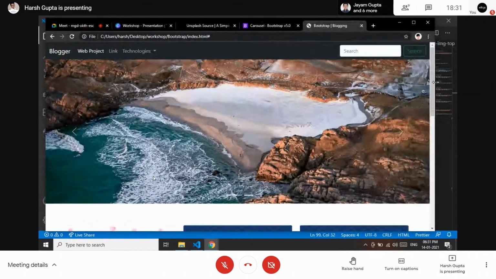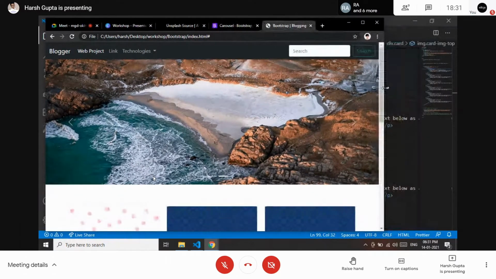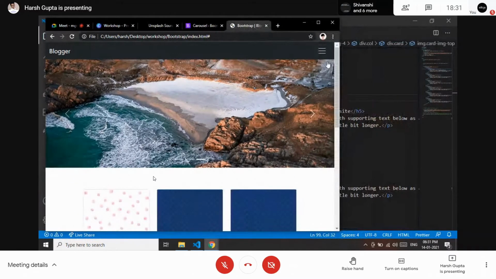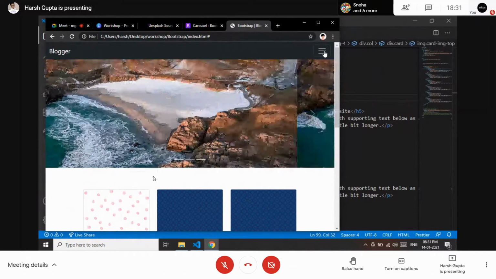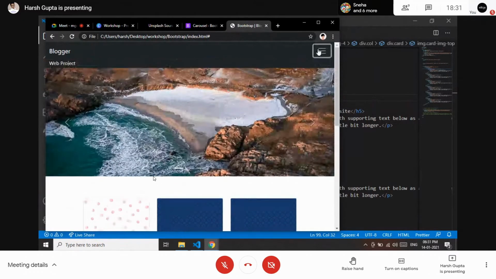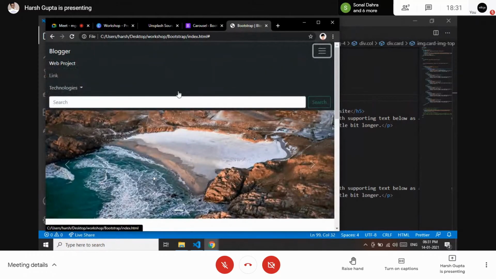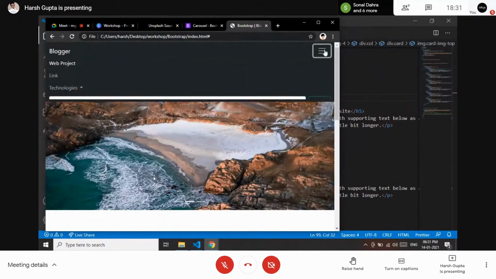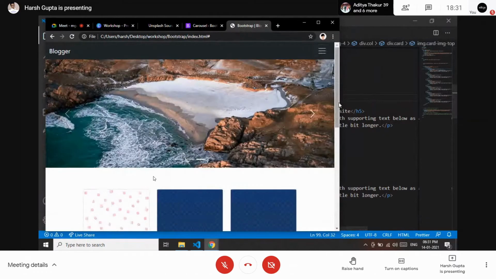Right now, just observe this navbar. As soon as I decrease the width, now it is the iPad view. In iPad view, the navbar becomes a menu, and if you click on this, the navbar will come out that way. So this is the responsiveness of the website: how your website reacts when opened on different devices.